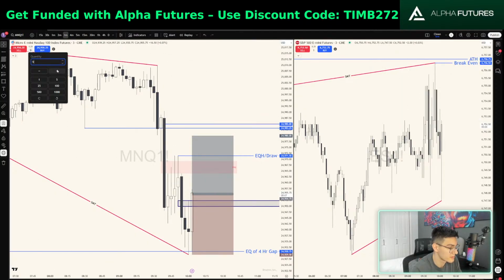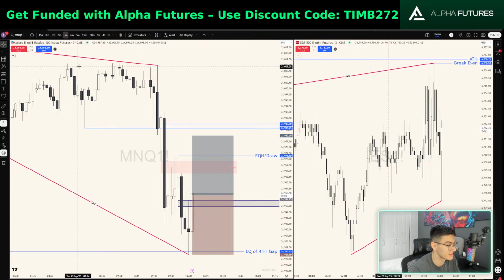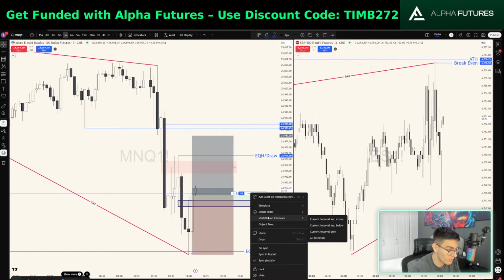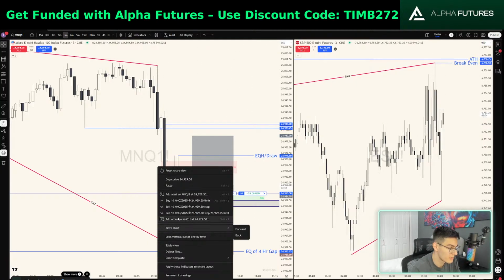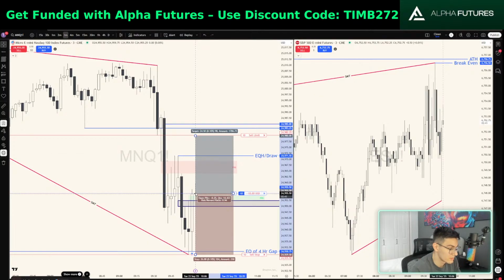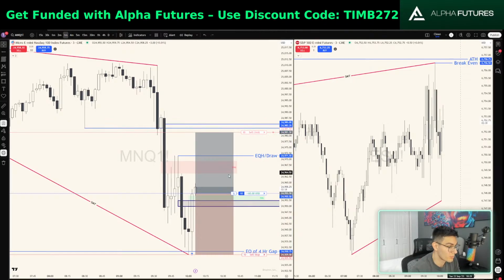Depending on how my fill is, figure out my position size. Yeah, but I'm definitely going to take this if we close through this. So I'm in there. Order filled. So I'm putting my stop down at this SMT low. I'm going to put my take profit at 1-to-1. Order submitted. And I'm going to go break even when we hit these equal highs up here. Or I'll also go break even if ES takes this high up here.